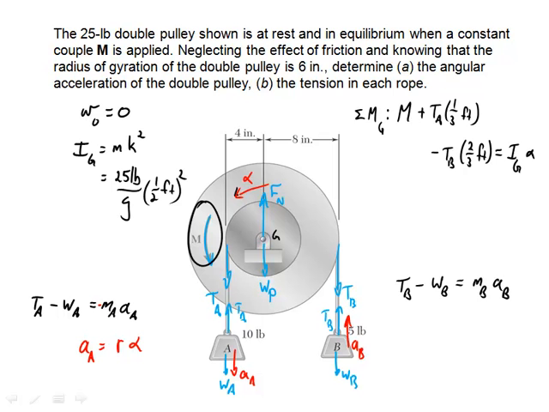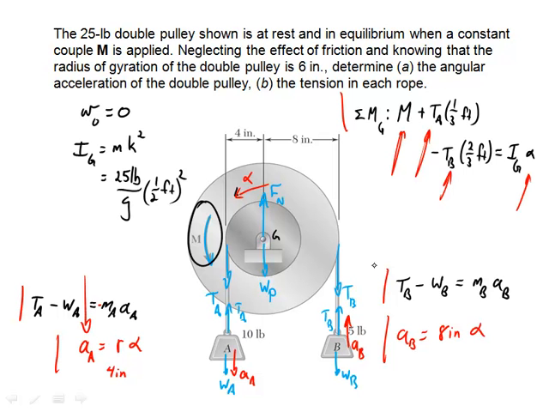Similarly, let me step back. R here is equal to 4 inches. Over here on the right-hand side, A sub B magnitude is equal to 8 inches times alpha. So I now have 5 equations: 1, 2, 3, 4, 5. And how many unknowns do I have? 1, 2, 3, 4, 5, 6. So I have 5 equations but 6 unknowns, and so the angular acceleration here,